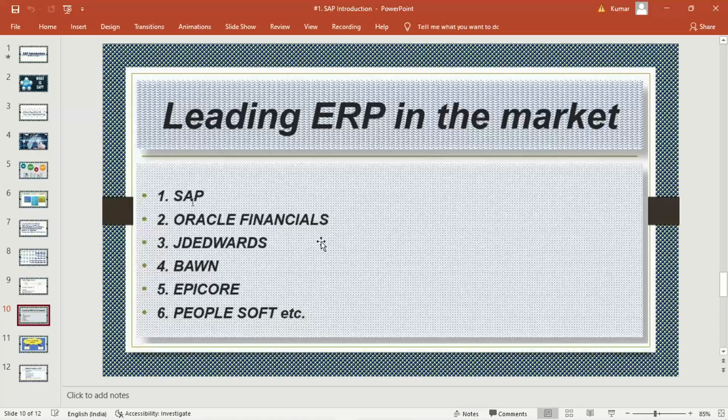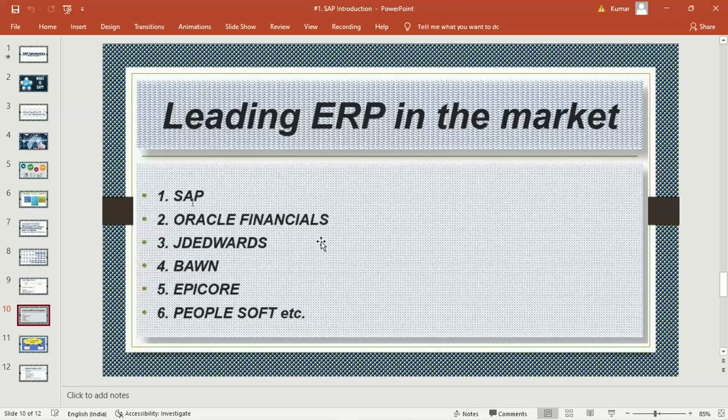Multiple charts are available on Google and all. Somewhere people say 60%, somewhere people say 70%. But still, compared to whatever ERPs are there, SAP is the global leader, and it cannot be afforded by every organization, because a huge cost is involved in order to maintain SAP. So only big and medium-sized organizations can afford this.